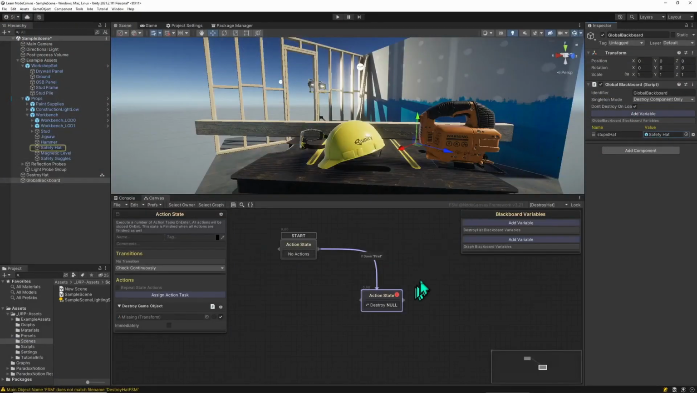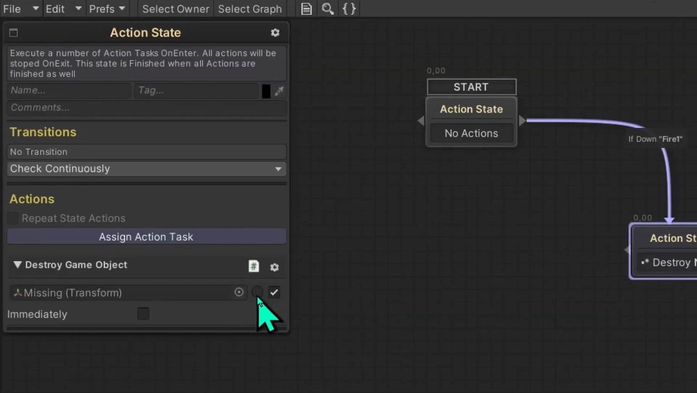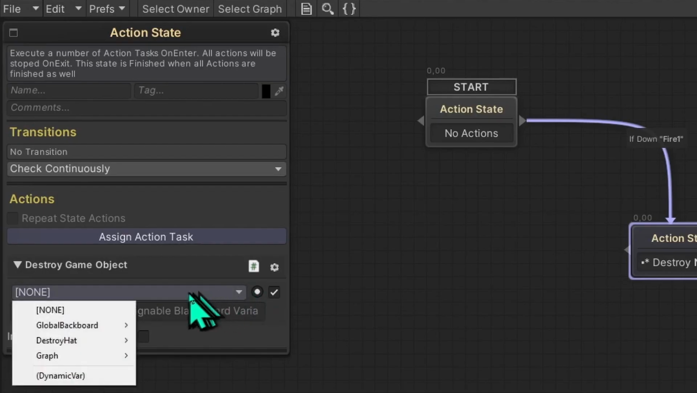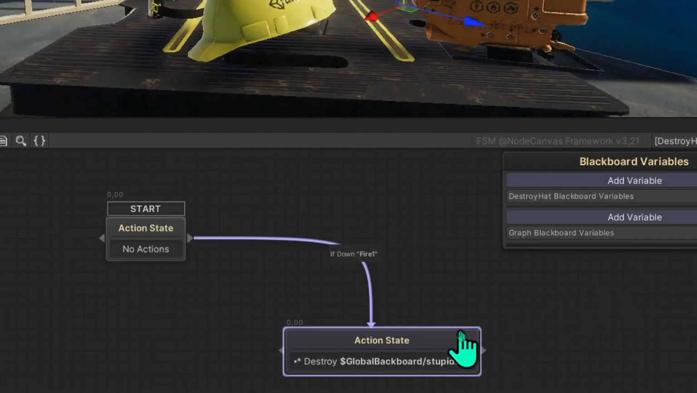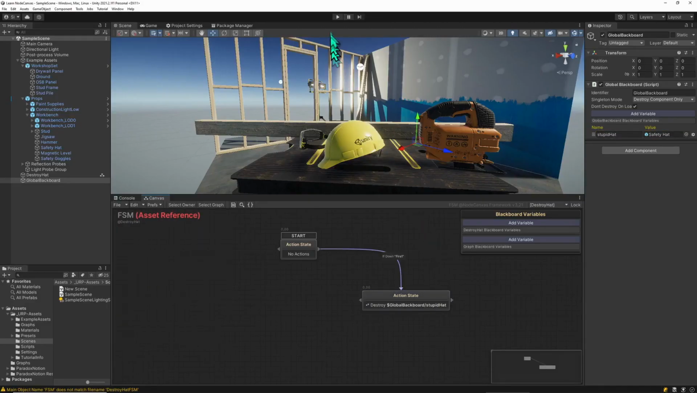And all we need to do is in our asset state machine, change that from reference to a variable. Right now it has a missing transform. And by clicking this empty circle here, we're going to change this to taking a variable, and we can select from the global Blackboard the stupid head. And now we're going to indirectly reference the head from outside the scene. And that's all there is to it. When we run this,